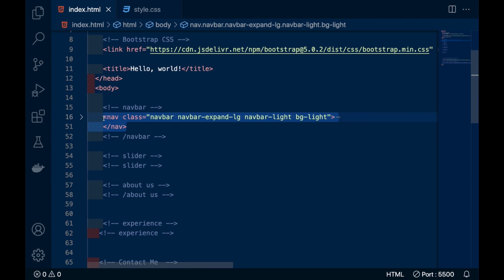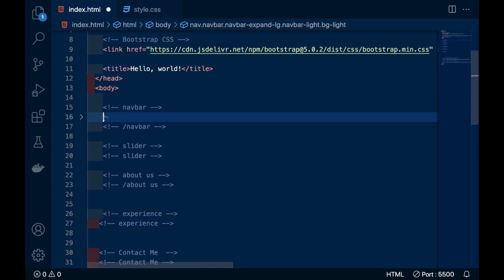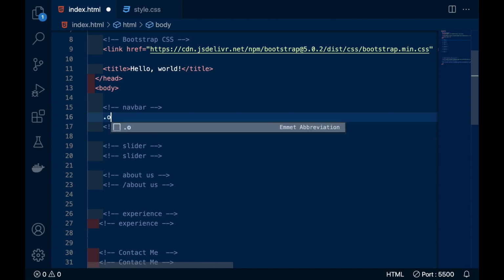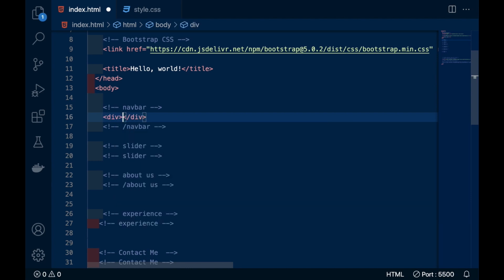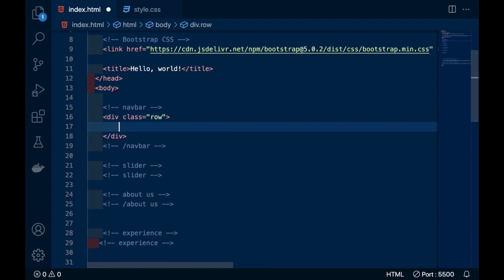So first of all, copy your navbar and cut it and make a row. Give a div and name it row. This is a Bootstrap row, friends, and inside that I am giving another div.